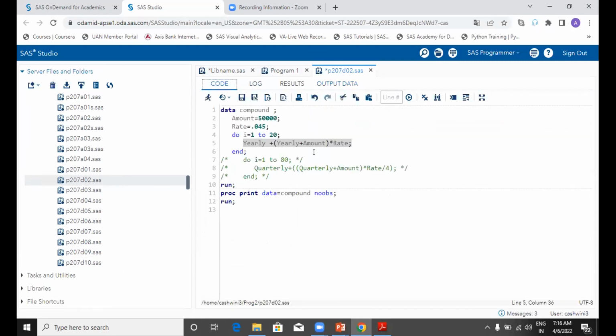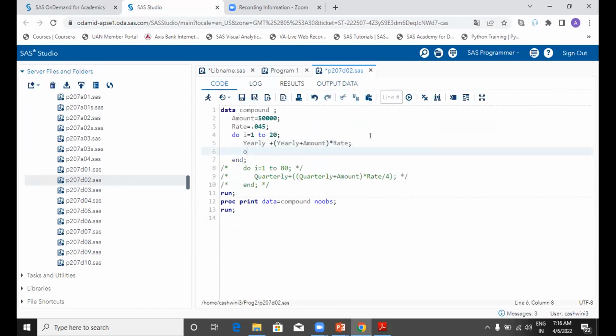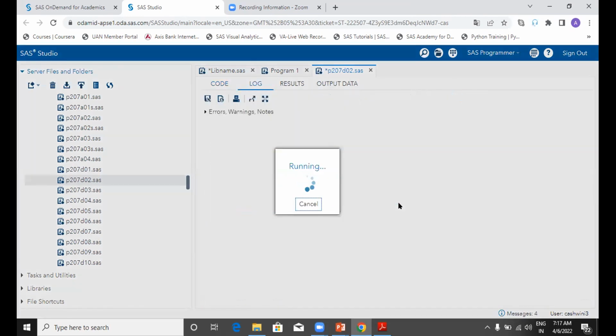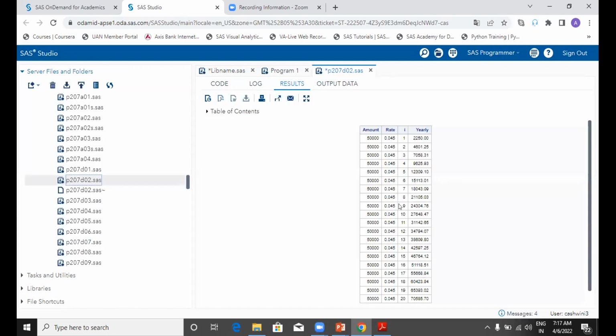In that case, you can use an explicit output statement so that at every loop it immediately writes the output to your output data set. So you're not waiting till the end. The end here will still give you the incrementation of I, but with the immediate output statement, the calculation is written to your output data immediately. So now when you execute this, with an explicit output statement, the current contents of the PDV will be immediately